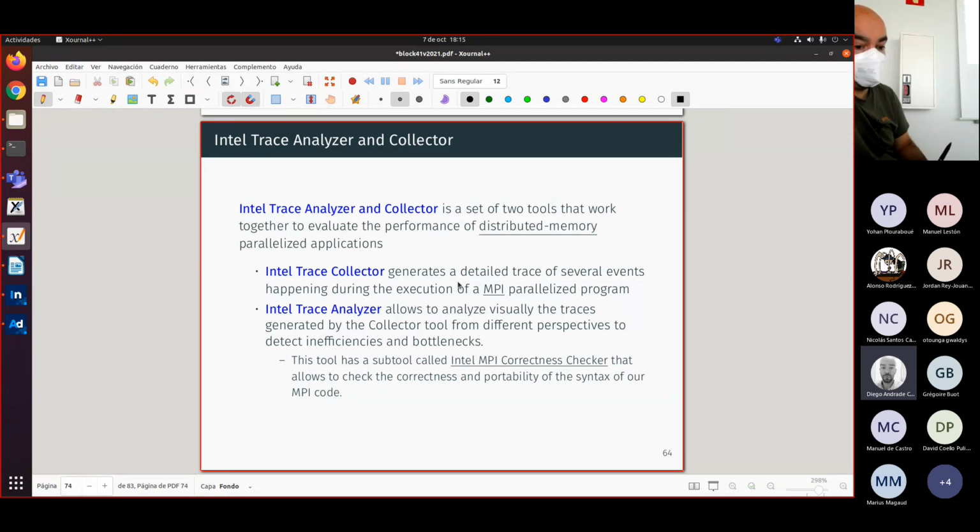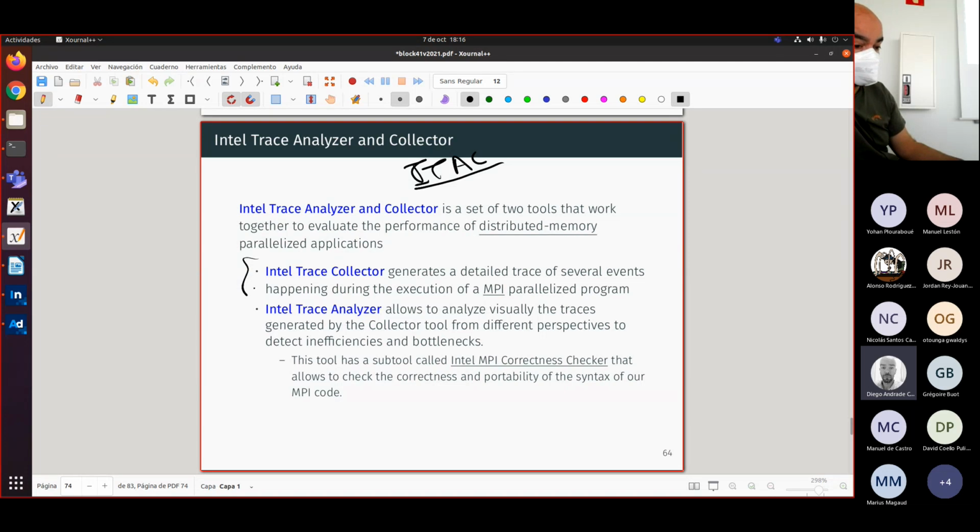useful for you. So the name of the tool is Intel Trace Analyzer and Collector, and it is usually referred to in all the websites from Intel with the acronym ITAC, okay? So wherever you see ITAC, they are talking about this tool. And it's actually separated in two parts. One is Intel Trace Collector, and this tool is just used to generate the trace of the execution of the